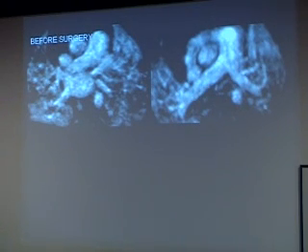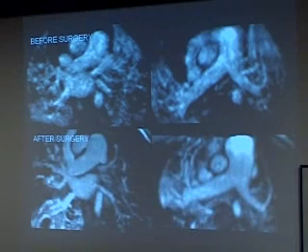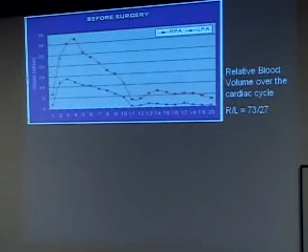Here you can see some selected MR images through the pulmonary arteries in a child following a complex congenital heart repair, about to undergo another procedure. And you can see the anatomic images that were obtained following the procedure, and it's very unclear as to why the child seemed to be worse after the surgery than before the surgery. However, when we look at the data that was obtained looking at the volume of flow within